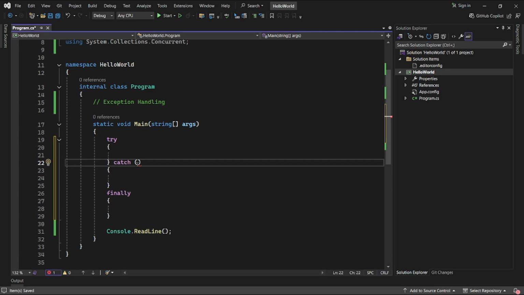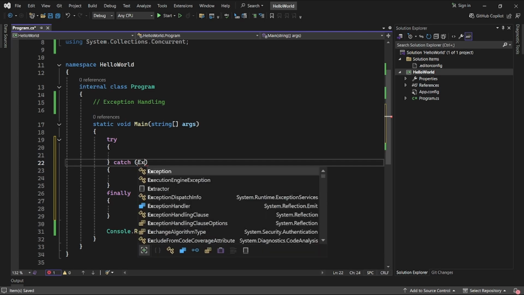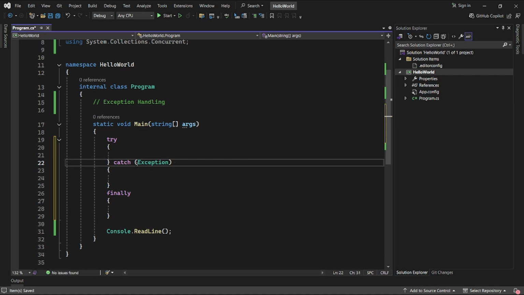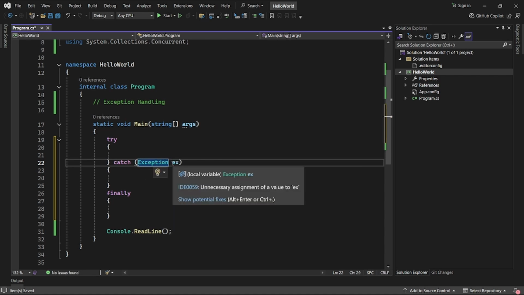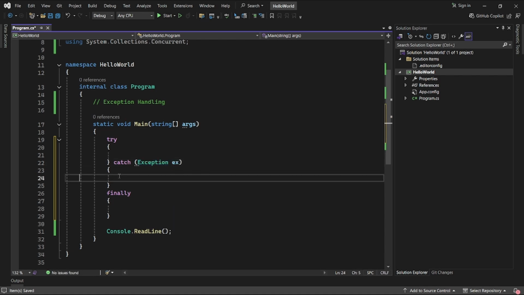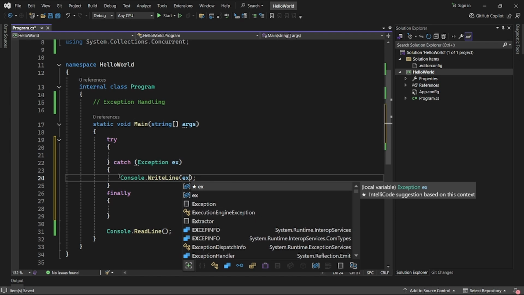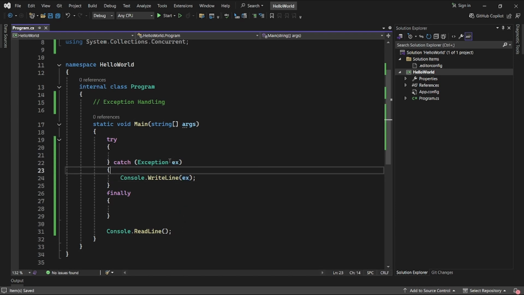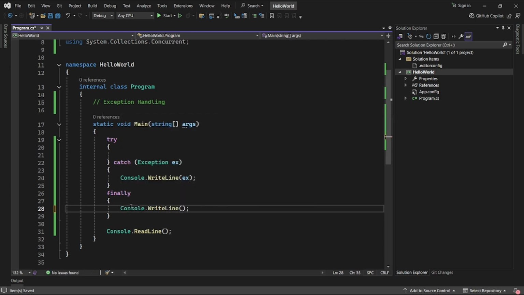If there isn't any specific exception type that you want to catch, you can write the Exception keyword, which catches any type of exception that is caused when the application is running, and then we'll write a Console.WriteLine and print the exception passed from here. In the finally section, we can write